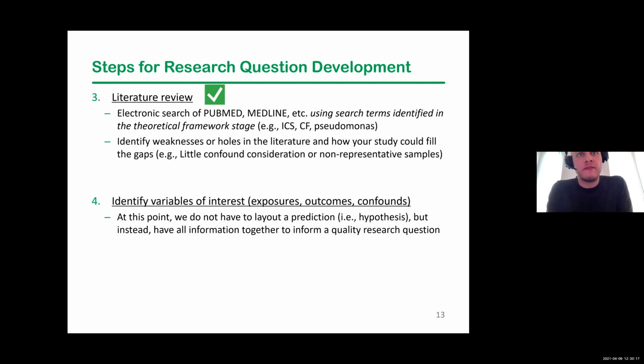The next one is to identify your variables of interest. You've already done this a little bit in your theoretical framework, but now you're laying out, okay, what are my exposures? What are my outcomes? What are my confounders? Maybe my mediators or my moderators? And at any point here, really, I would say by step 3, you can come and talk to the biostatistician. We can really help you think about, especially in step 4 here, what you can do to start formally laying out a research hypothesis that we can start forming some tests around in terms of the statistics. So step 4 is a very important piece that I hope you've talked to your statistician about.